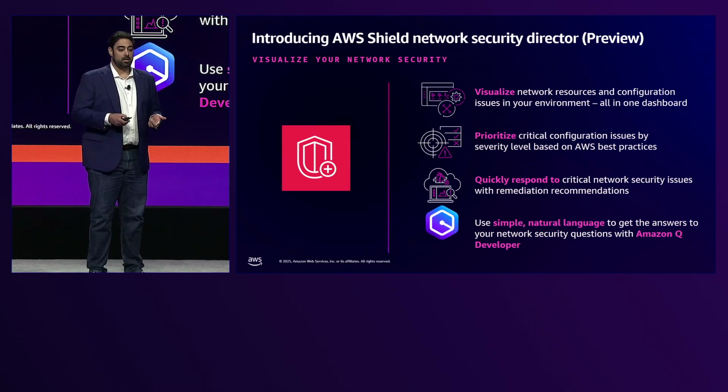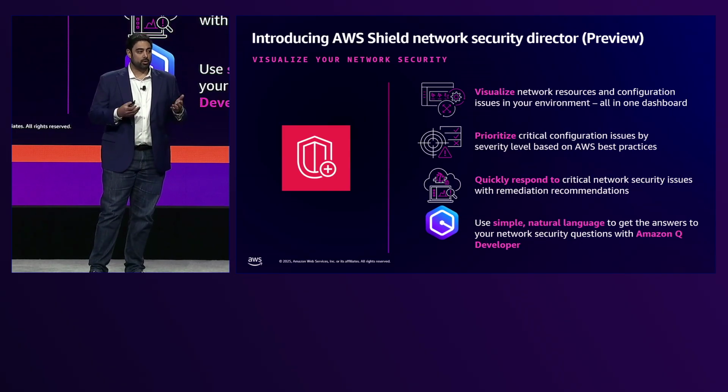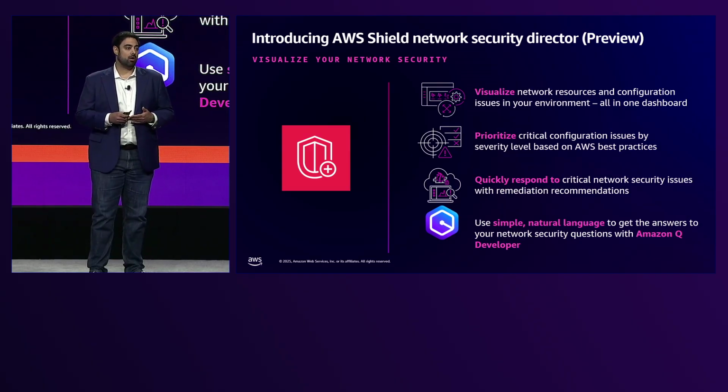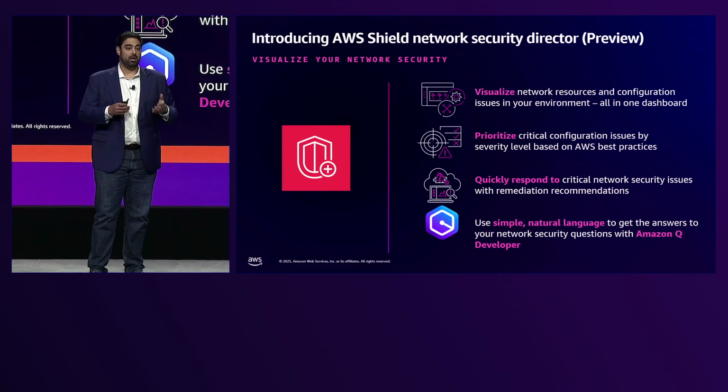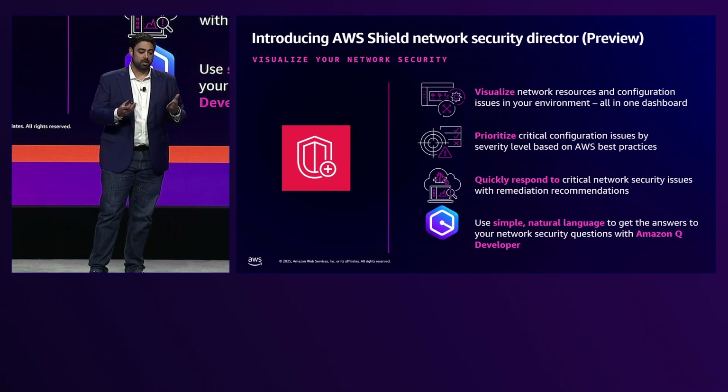And then the third item here is, how do I quickly respond to these gaps? There are a myriad of services that I can use to implement rules on. Where do I even implement those services in the first place? Do I even need a service in a given location, depending on the architecture? All of that boils down to what are the steps I take to remediate a configuration gap.